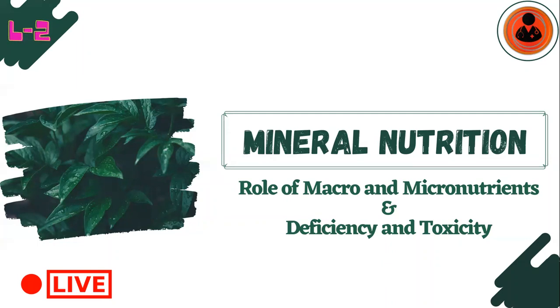So right now you'll be wondering what the role is. In the last class, we studied carbon, hydrogen, oxygen, phosphorus, nitrogen, then the micronutrients boron, copper, manganese, magnesium, molybdenum and all, right? So we'll be discussing the various functions, in which form a particular mineral element is absorbed inside the plants, and then what function that particular ion serves for the plants.